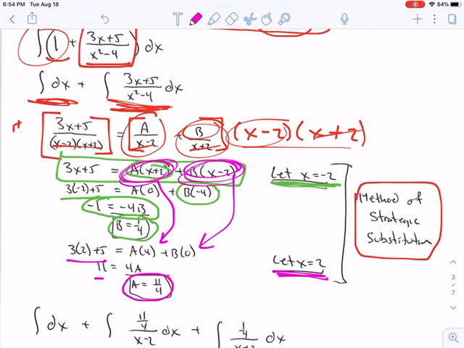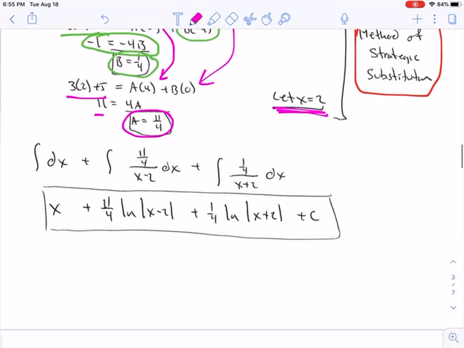Which one of these two methods, solving a system of equations or this method of strategic substitution, depends on the problem. You have two different tools in your tool belt of mathematical techniques. You choose whichever one works. Okay, so we know what A is, we know what B is. So we can get to the calculus-y part,